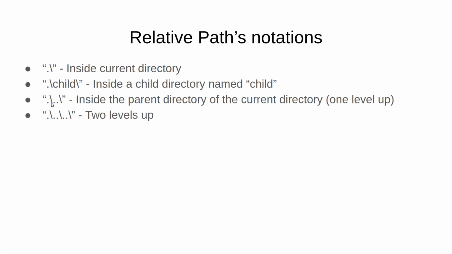Now if you want to go one level up, that is if you want to go to the parent directory of the current directory, you will go with two dots. So this two dot operator is basically for accessing the parent directory. And if you want to go another one level up, if you want to go to the parent directory of the parent directory, you'll use two dot dots. Like this, you can go as many levels as you can wherever there are parent directories. So if you have, let's say 10 levels, you can access all those 10 levels using just dot dot. So you'll say dot dot slash dot dot slash dot dot. Like that, you'll say 10 times and then it will take you to the topmost directory.